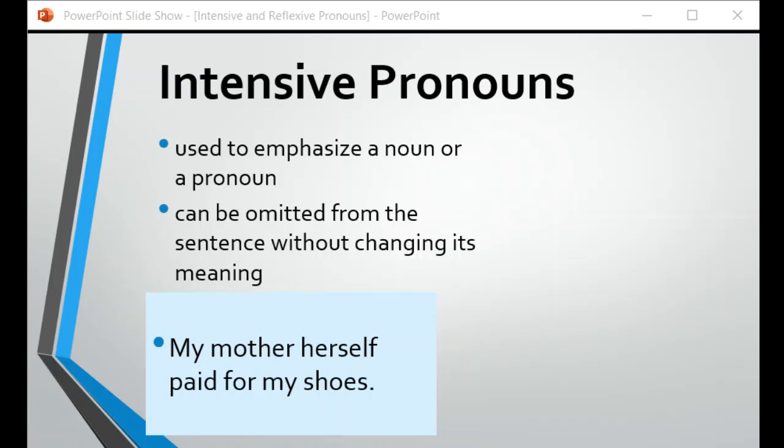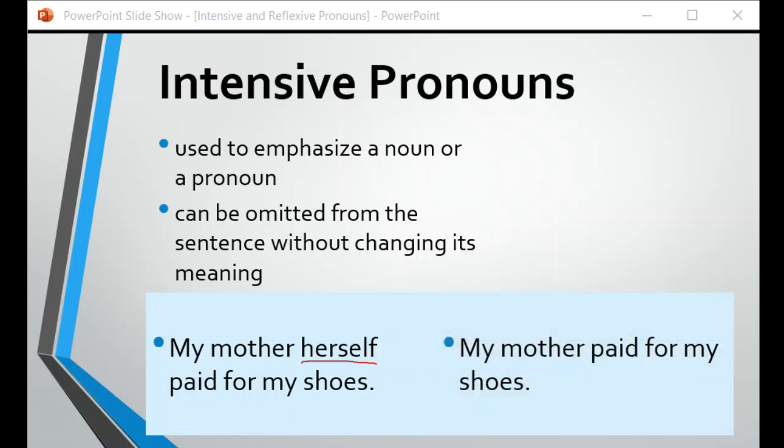Where is the intensive pronoun? Herself. You are correct. Mother and herself are the same. Pareho lang yung mother at saka yung herself. Isang tao lang ang tinutukoy niya. But,